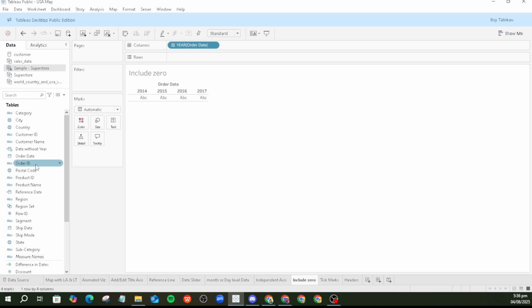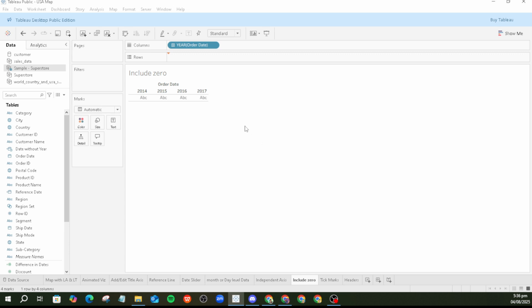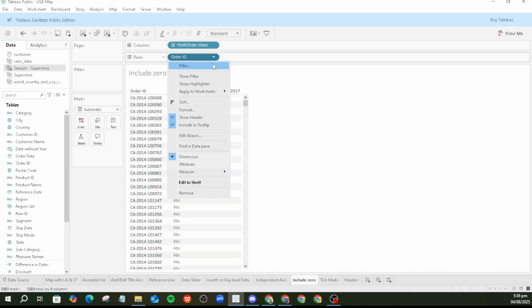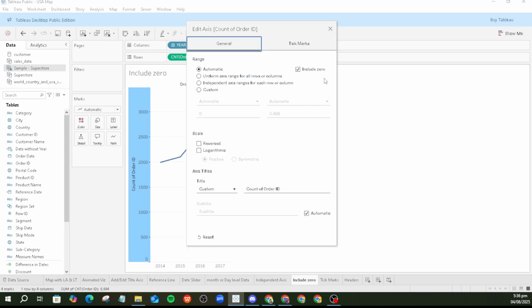Moving forward, let's talk about including zero in your axes. Sometimes charts are more meaningful when they start from zero, as it provides a zero baseline for comparison. Drag the order date to the column shelf again, then drag the order ID to the rows, right-click on it, and under Measure, select Count. Once again, right-click on the axis and select Edit Axis. This time, you'll see an option labeled Include Zero. You can uncheck it if you decide showing zero isn't necessary for your analysis, providing a tight view of your